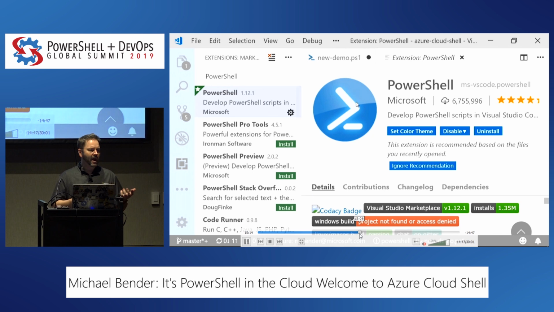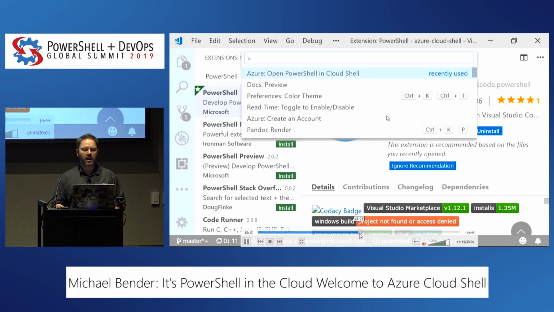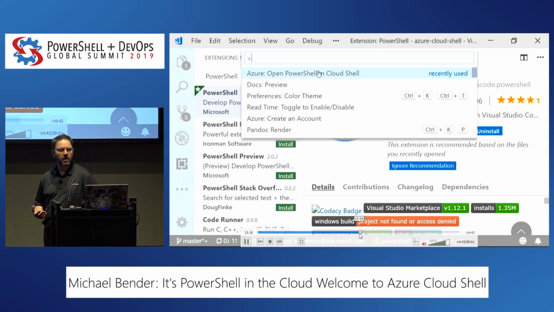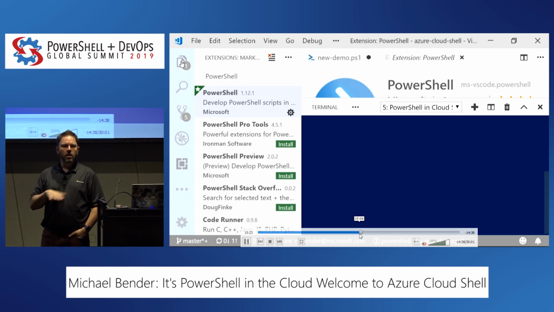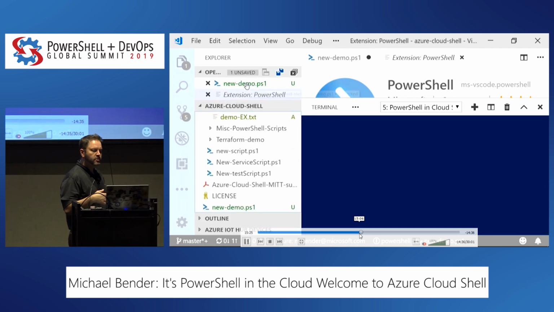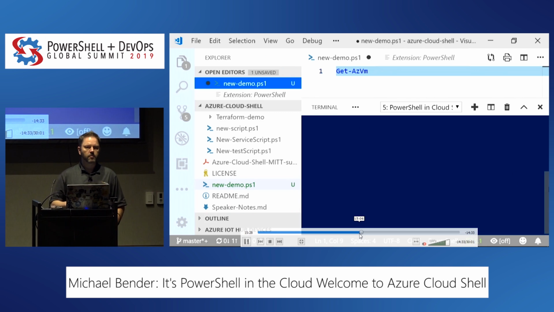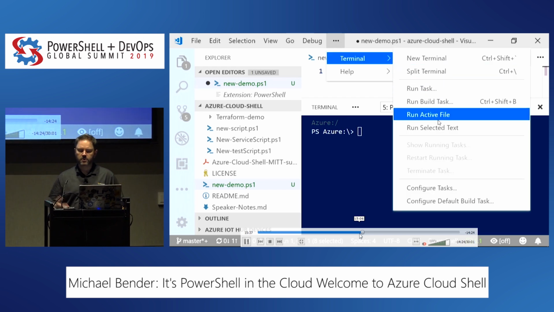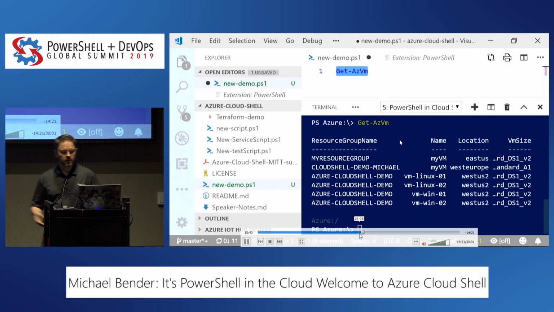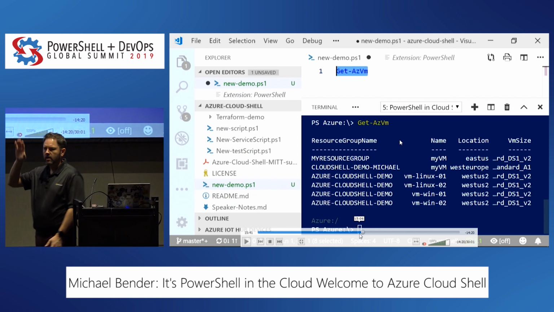But let's take a look at how to use that Azure account. So from the drop-down, notice I have Open PowerShell and Cloud Shell. Once I choose that, it's going to open up a new terminal window that's going to authenticate up into Azure, which allows me to work inside my subscription. Notice I have a prompt just like I did up in Cloud Shell. I'm simply going to highlight some code that I have in my editor in VS Code. I go over to Terminal, run selected text, and there we go. So that ran right up in